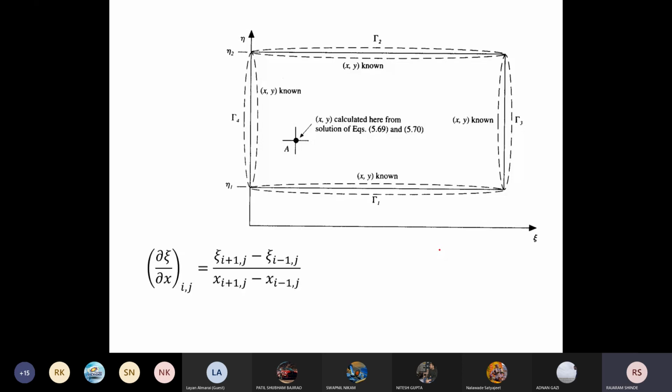In this transformation, the matrix terms are obtained from the finite difference approximation at any given point. Generally, central difference approximation is preferred and is used for the calculation of matrix terms, and the equation which I have written here is the central difference approximation for calculation of the matrix term. Now you will get this in terms of numbers, not in terms of equations. These values of the matrix are directly used for transforming the governing differential equation.